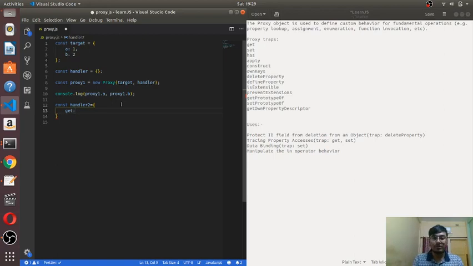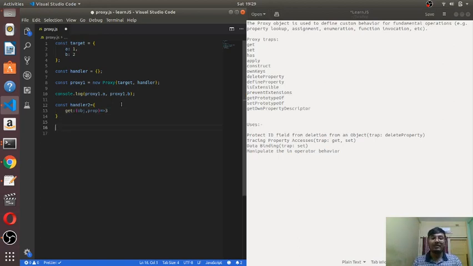I hope after looking at this get you will discover what the other ones do. In the present situation, what does get mean in general? It will get the data. So if I define object prop and give it a value of 3, what do you think this handler2 object did on that?